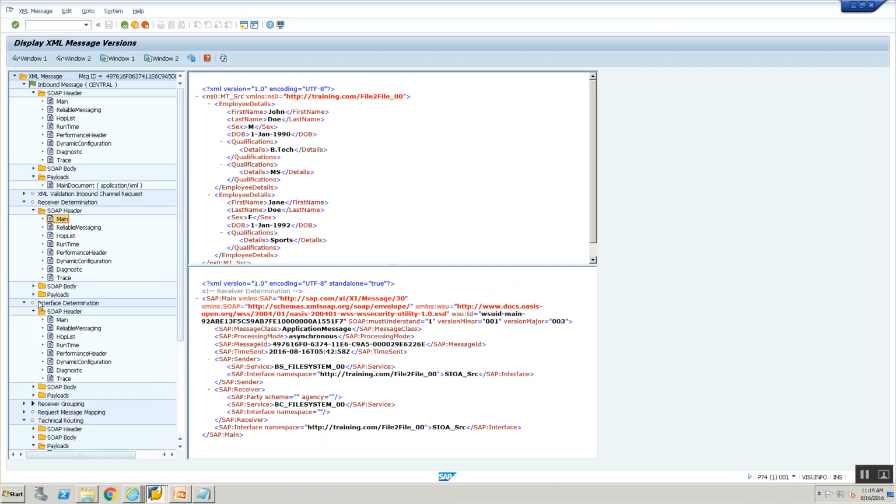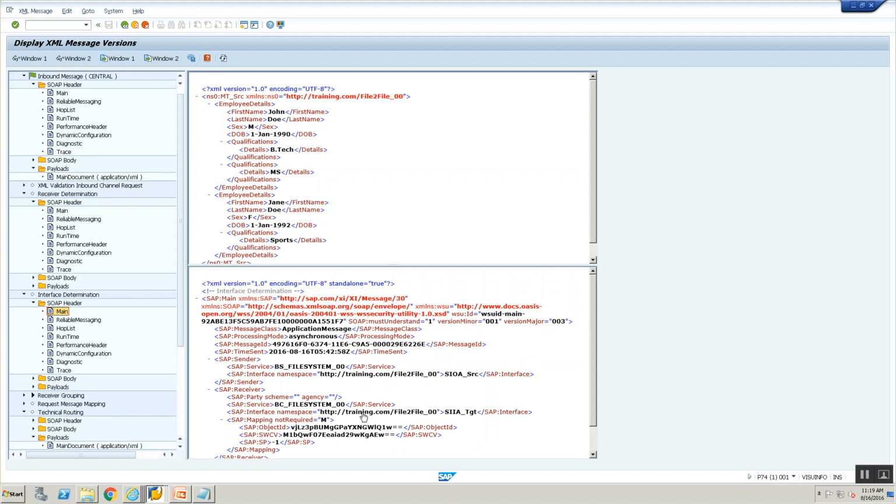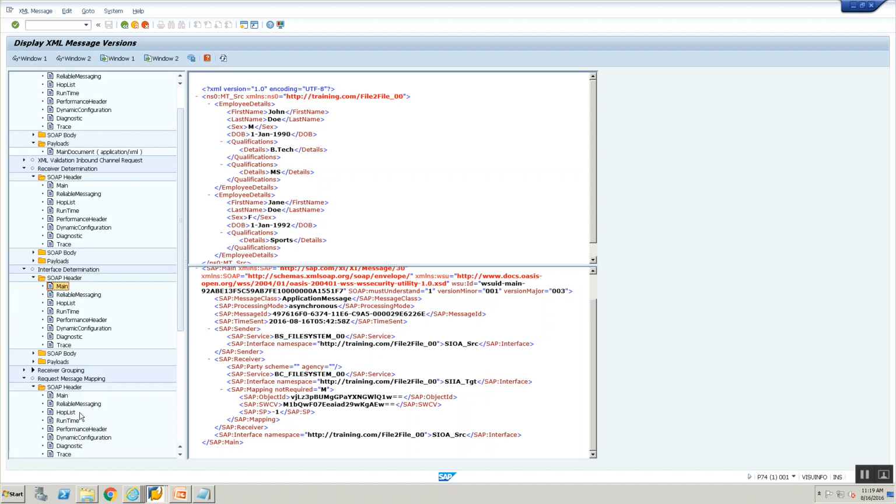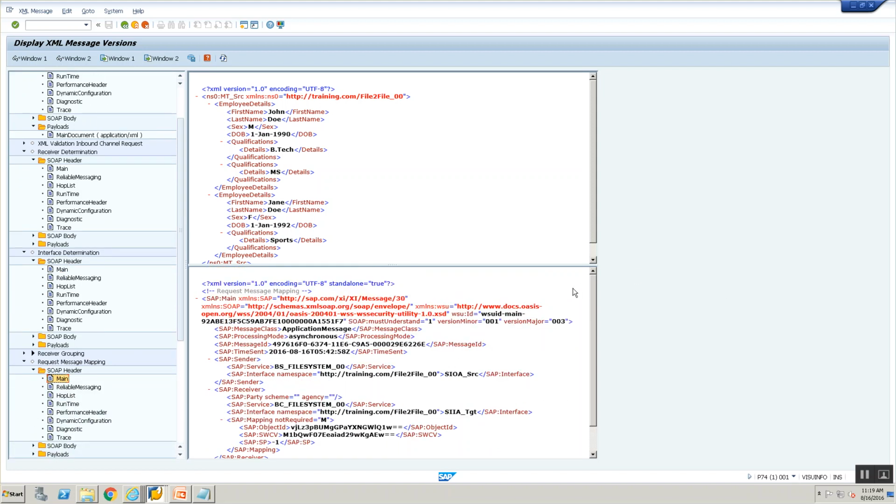So now I'm going to the interface determination pipeline step and clicking on the main, and now you see the same sender information, but the receiver information has now been updated and it now has the updated interface determination information. There's also one additional tag that says, hey, do I need to execute a mapping? The answer is yes, you need to execute a mapping. So then I can go to the request message mapping, SOAP header, main, and this is now going to tell you what the mapping